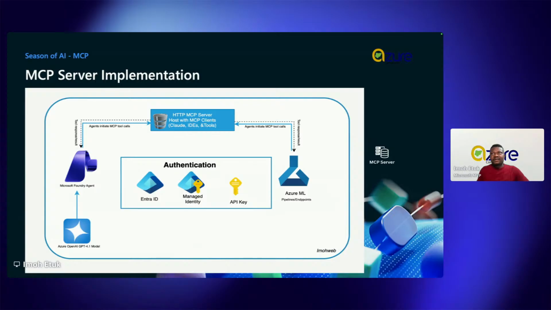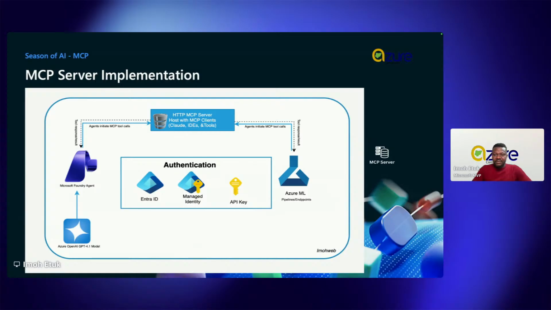So now you can see that the first thing I did was to grant myself the permission on my subscription and the resource group. Then I gave myself an AI role through the RBAC service of Entra ID. Then I deployed a model, the Azure OpenAI GPT 4.1 model. Then I created my Foundry agent. Mind you, now the Foundry agent is making an HTTP call to the MCP server. It is trying to deploy pipelines to my